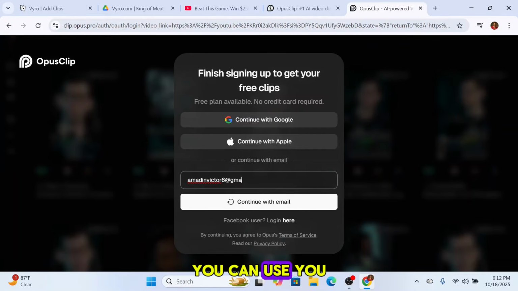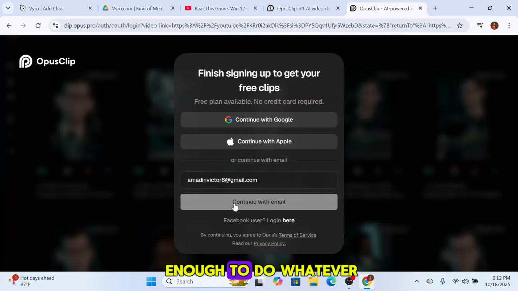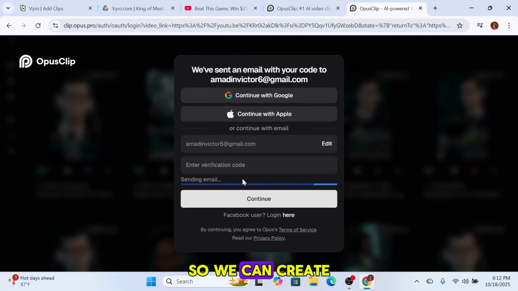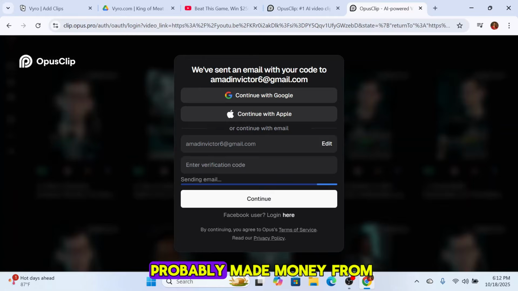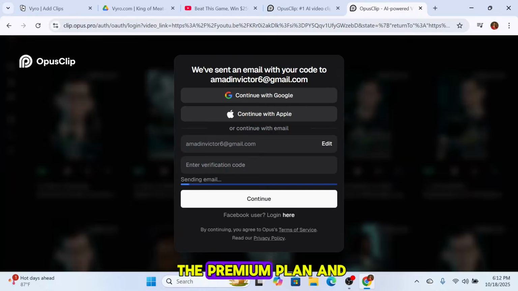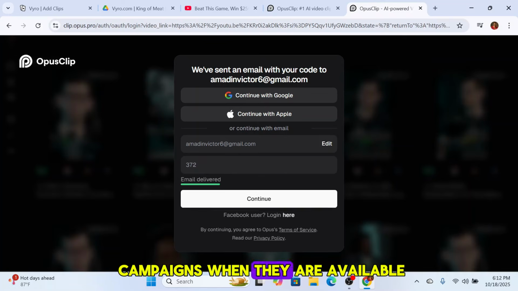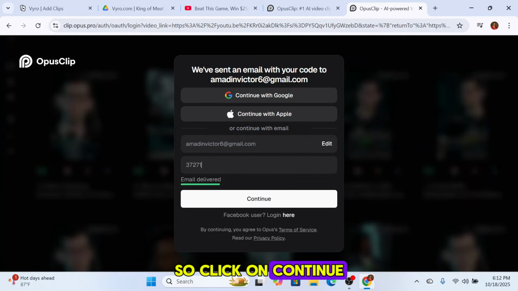And mind you, you can create as many accounts as possible, because starting out we are given 10 free credits, and oftentimes that's not enough. So we can create multiple accounts just to start, and when we have made money from this challenge by MrBeast, we can then get the premium plan and get some credits to use for other campaigns when they are available. Click on continue.